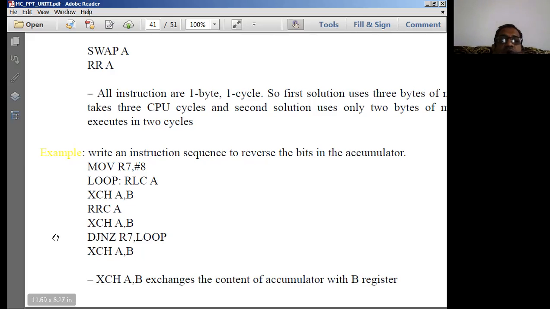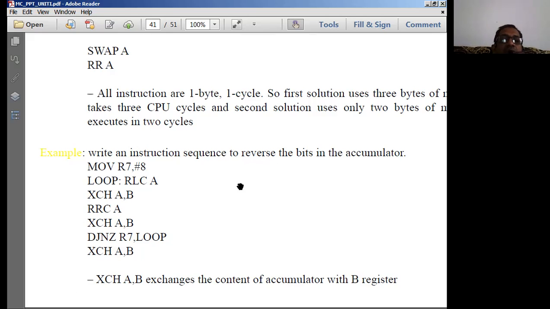Let us see how this program is written. First of all, for counter purpose, I am putting 8 into the R7 register. Then I am writing an instruction called rotate accumulator left with carry. That means the contents of the accumulator move towards the left by 1 bit, such that the MSB goes to the carry flag and the carry flag content goes into the MSB.